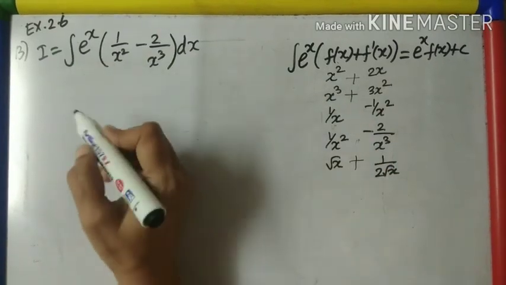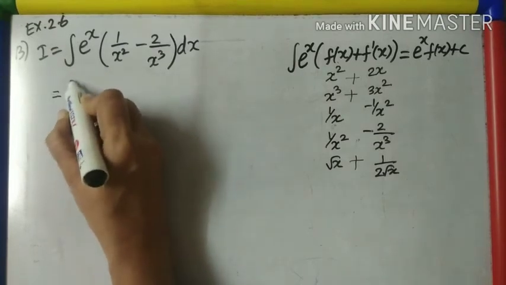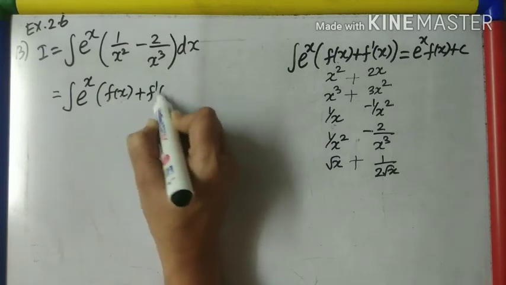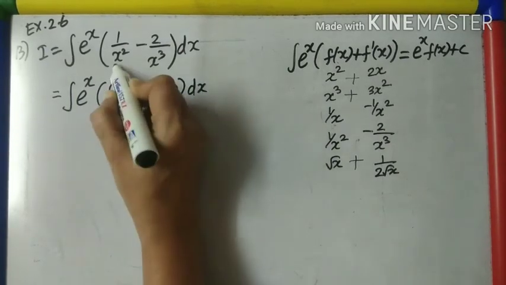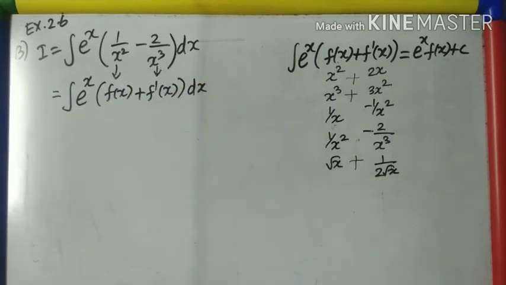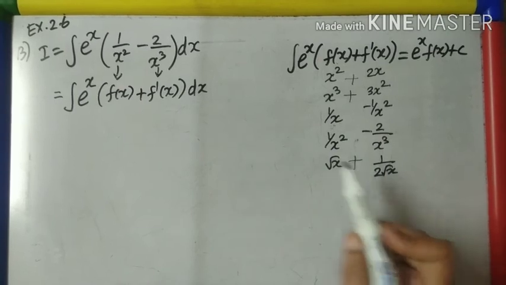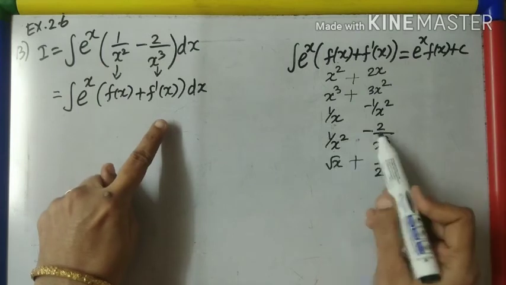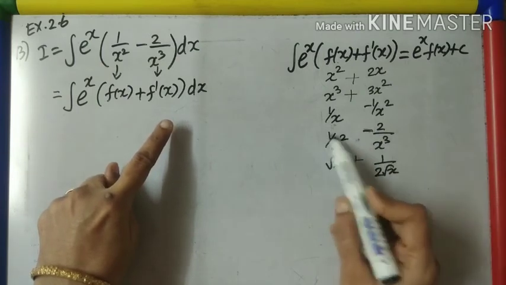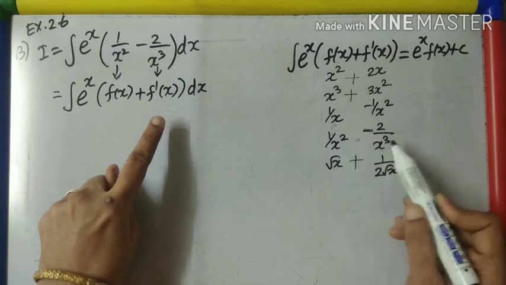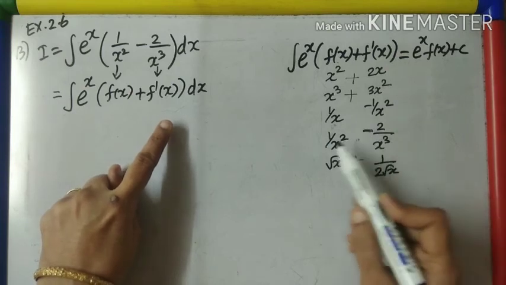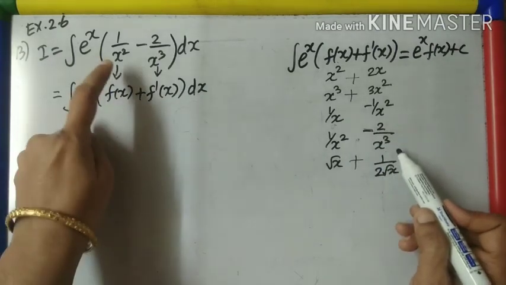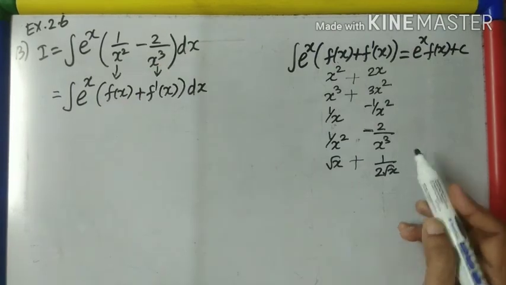So we'll see the given problem. See what pattern it is. Integral e power x, f of x plus f dash of x. This is f of x and this is f dash of x. Check whether this comes correctly. If 1 by x square is f of x, the derivative has a minus symbol. Here plus means I will put minus, cross multiply, the 2 is to increase the power. So that is the formula. So for 1 by x square, the derivative is minus 2 by x cube. So this is f of x, and this will be f dash of x.